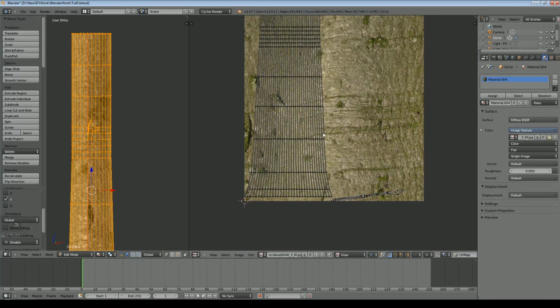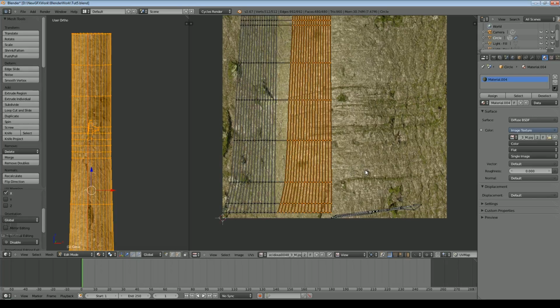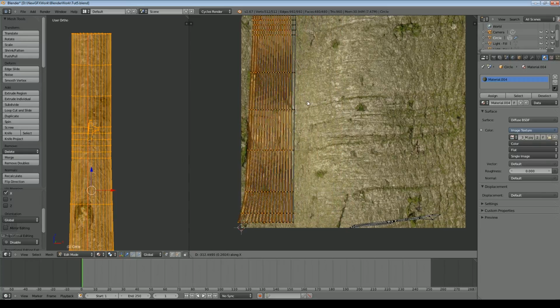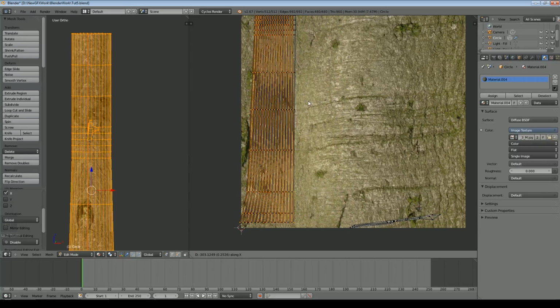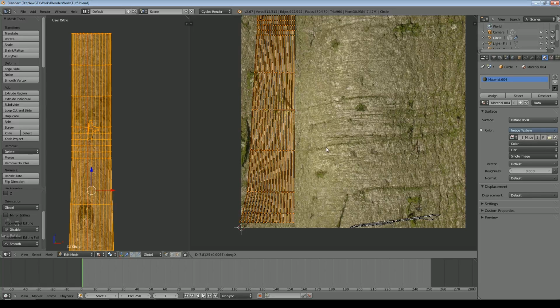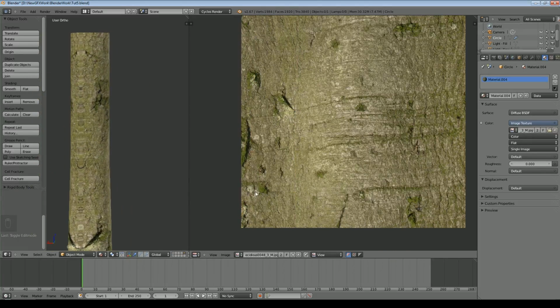So I now select this one edge, Control Plus, when it's somewhere around the middle. I'm now going to scale on the x-axis -1. Looks like a disaster, but hopefully things are going to work out. So GX, so it only moves on the x-axis now. I probably should have straightened up at least the middle one, but it doesn't matter too much. I'm just rotating it slightly, moving on the X again, and what I'm trying to do is line up that edge, and really that edge as well. So let's have a look. It's better. I wouldn't say it was right yet.